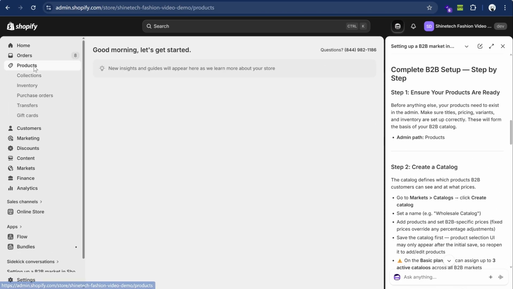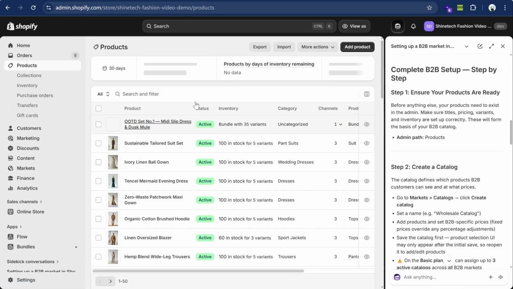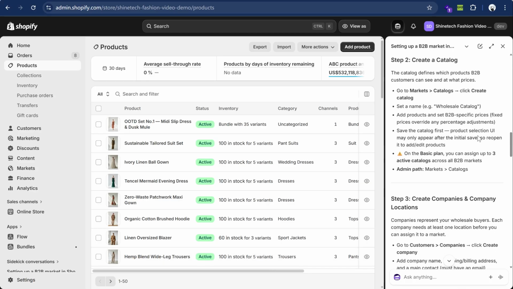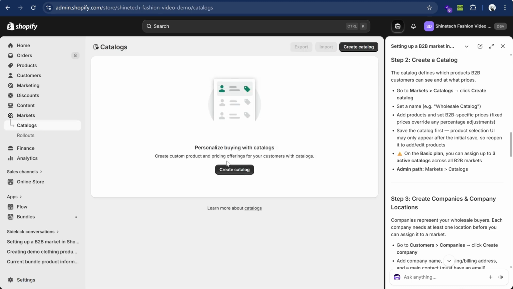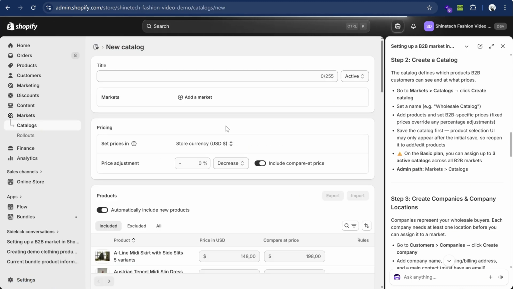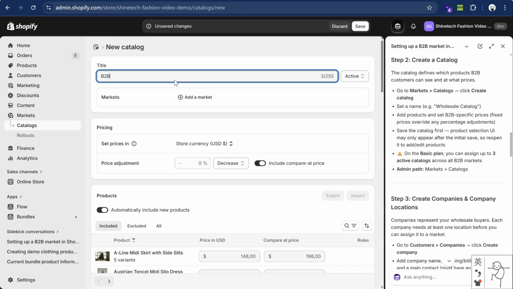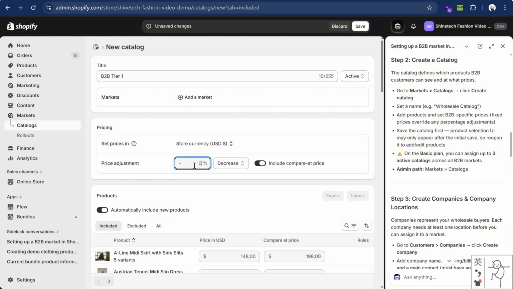First, make sure your products are already configured correctly inside Shopify, including pricing, variants, and inventory. Then go to Markets, Catalogs, and create a B2B catalog. This controls which products wholesale customers can see and what pricing they get. You can assign custom B2B pricing here, and on the basic plan, you can currently create up to 3 active